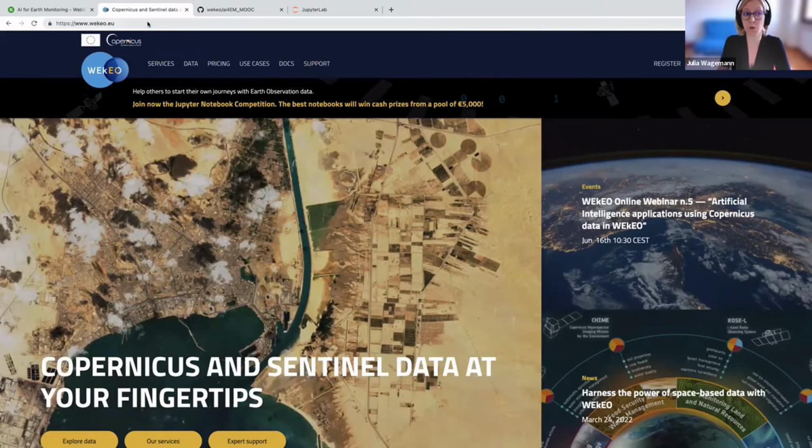You can directly go to wekeo.eu, and Stefan already gave a very nice introduction to all the functionalities Wekeo has on offer. I will show you now how you can access notebooks and the Jupyter Hub environment that is on top of the Wekeo cloud repository, which helps you to access the data from Wekeo, but also to already develop workflows and processing steps